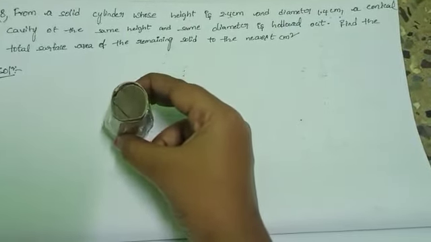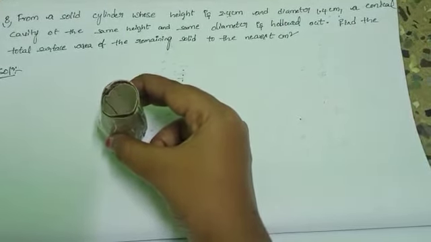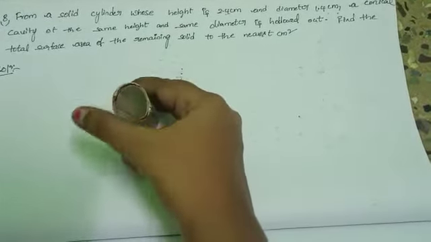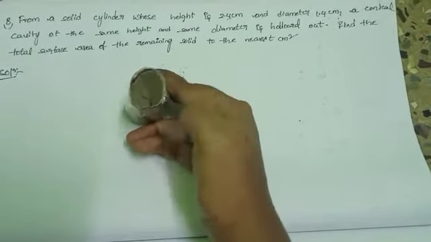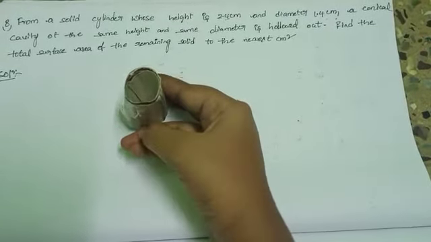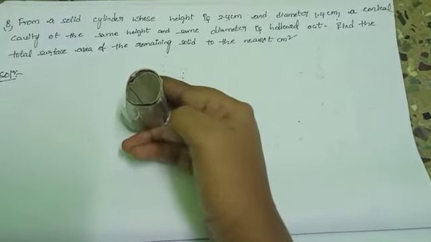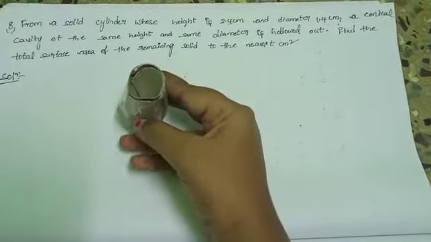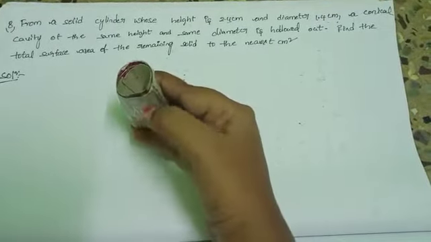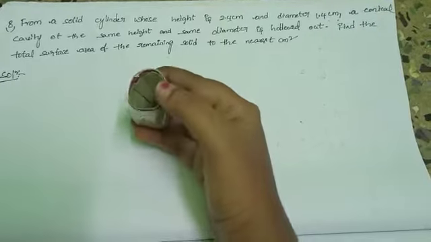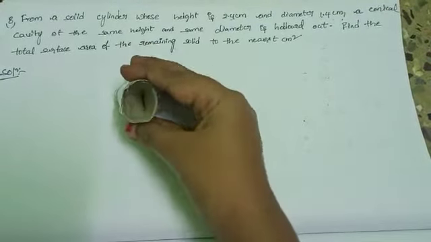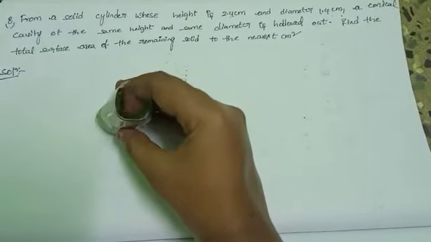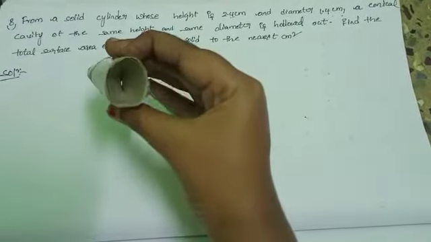What is the surface area? The area or region occupied by the surface of the object. Okay, so here there is no top surface. What is the surface area? Curved surface area and flat surface areas, top and bottom surface areas. There is no top. Only the base area and curved surface area of the cylinder, and this region is conical shape. So the curved surface area of the cone. Clear?